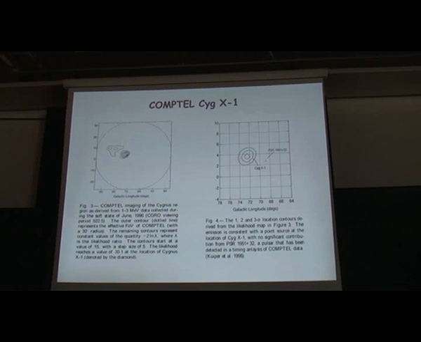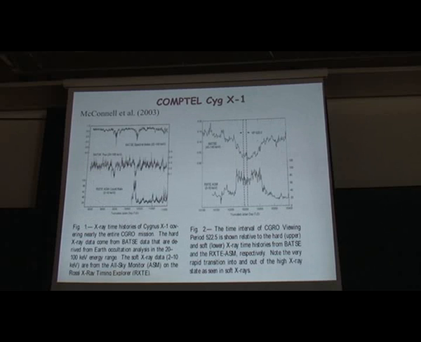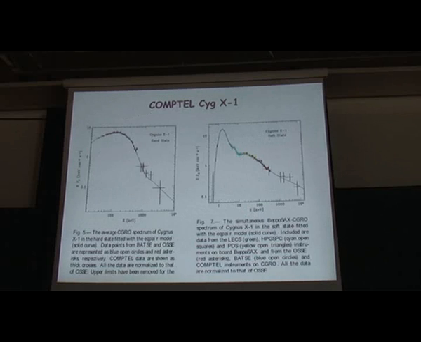This is work mostly by Mark McConnell. The final publication took place in 2002, but the work lasted for more than 10 years on this object. And one of the probably best known results was this famous spectrum, which definitely showed that MeV emission from this high mass X-ray binary, possibly also having some jet from the core of the object, does extend into the MeV region